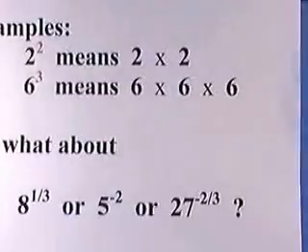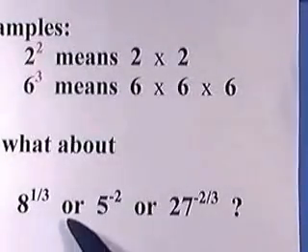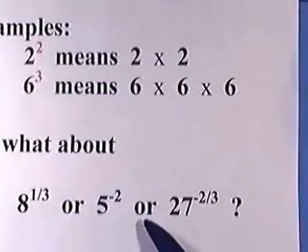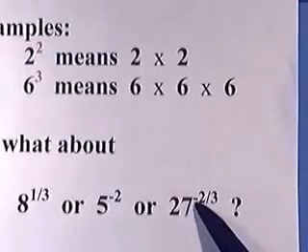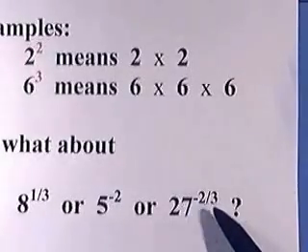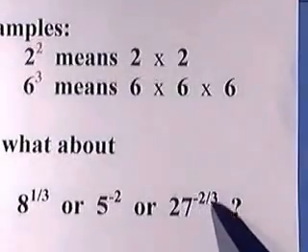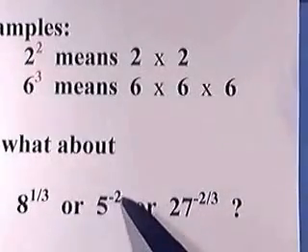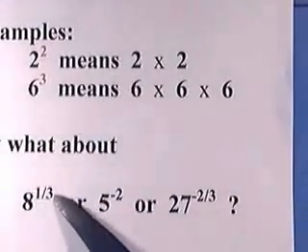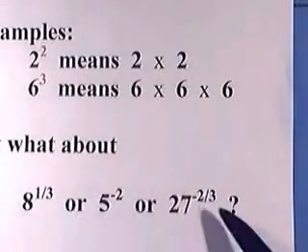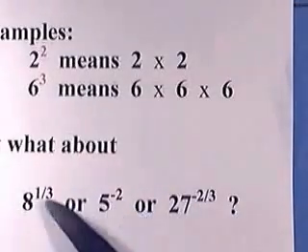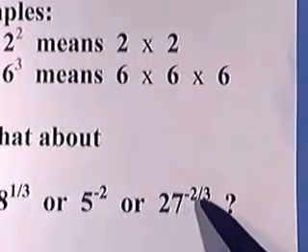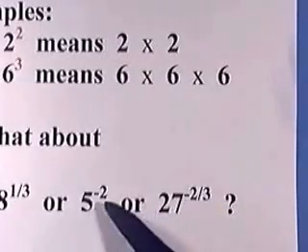What about 8 to the power of a third, or 5 to the power of minus 2, or 27 to the power of minus 2 thirds? Here we have a negative fraction as the power. Here we have a negative integer as the power. Here we have a positive fraction as the power. What do they mean? How do we make sense of these, and how do we actually manipulate them or use